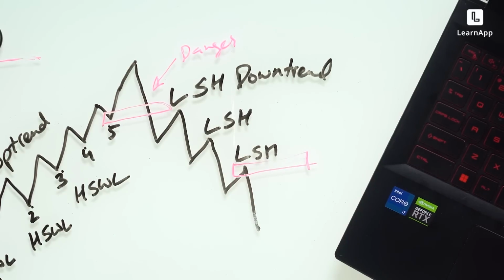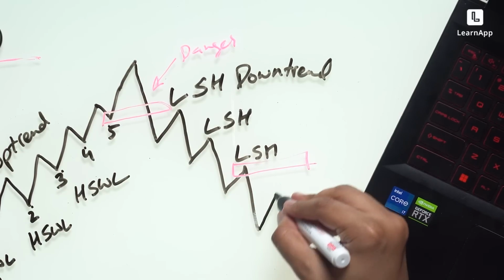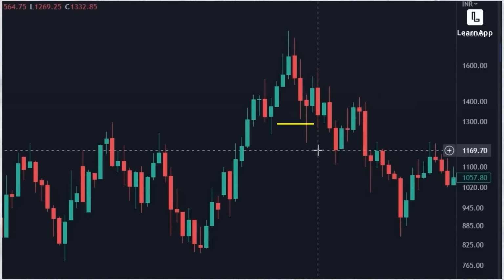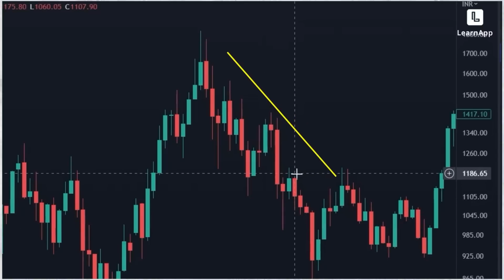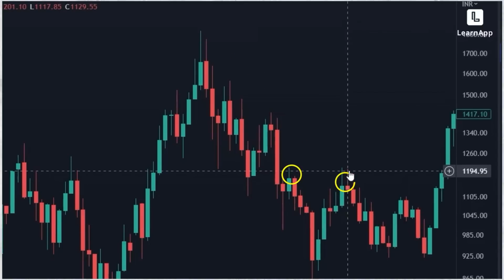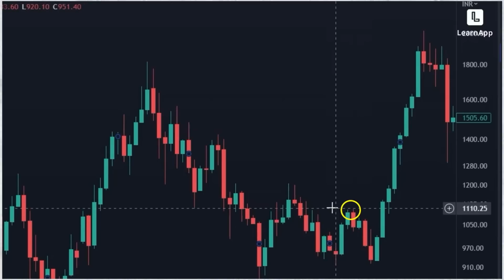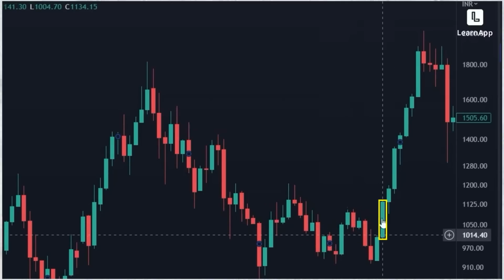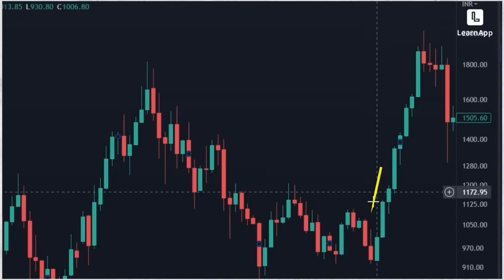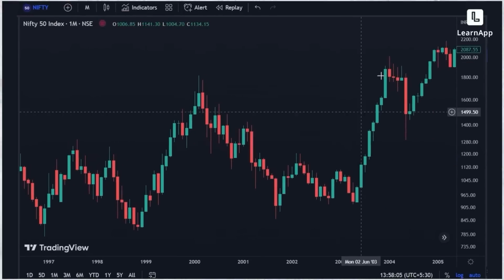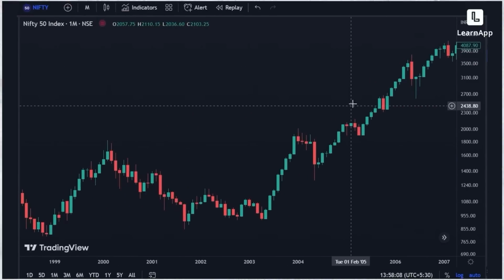Now the problem is, once you know this, how do you know where the re-entry is? The re-entry is very simple. You become bullish when a lower swing high breaks. So you want the market to cross the swing high. Let's see what we have here. This is our point saying the trend is weak. The market falls down. We have a swing high here. We don't break it. We have another swing high here. We don't break it. And we have this nice swing high here. You see that? That's perfect. And this green candle breaks that swing high and the market then rockets from 1092 all the way to, oh wow, forever.